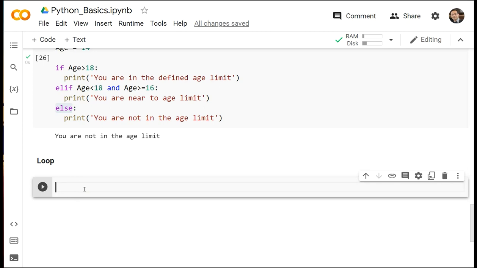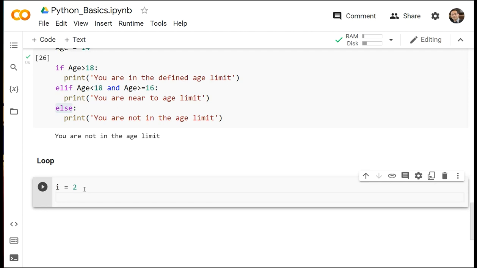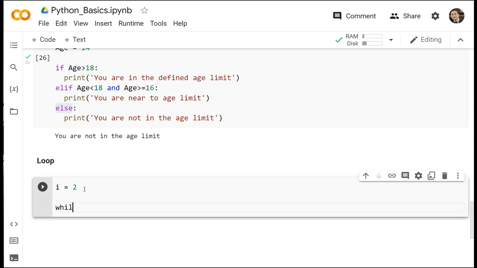Let's say I want to create a variable named i, for example, and I want to put a value 2 to it. Then I say while, and you can see that the color automatically changed. While i is less than or equal to 10,